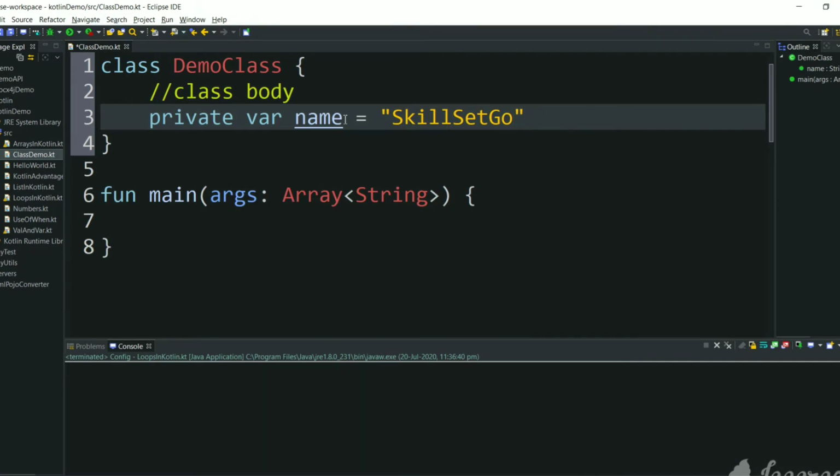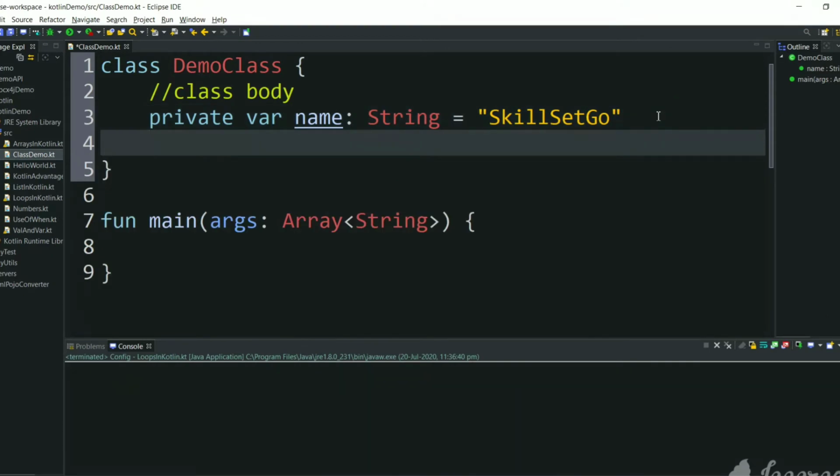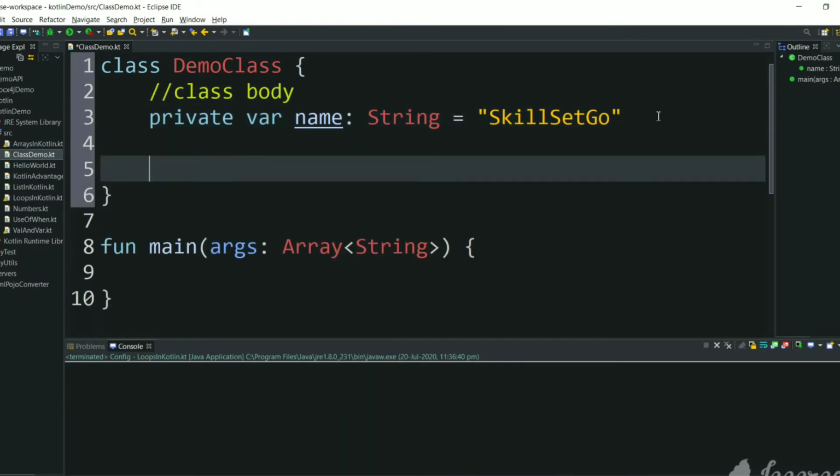In Kotlin, we don't need to explicitly specify the data type of this name variable. If you want to do it explicitly, then we can declare it like this, and declare a method which will return this name variable. The syntax is different. For a method, we start with fun and the method name.